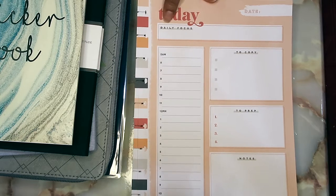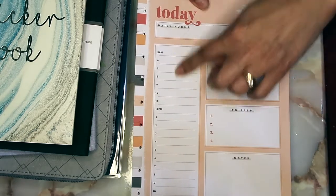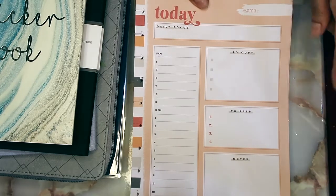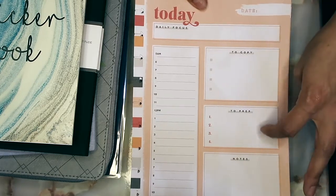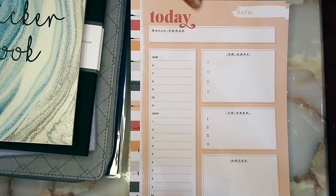You have today, the daily focus of the day. You could put the date. If you have a little schedule side right here to copy, to prep, and notes. So this one,